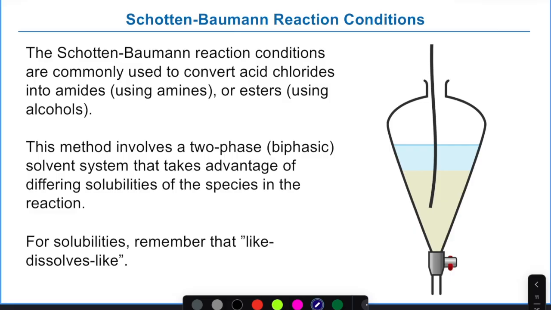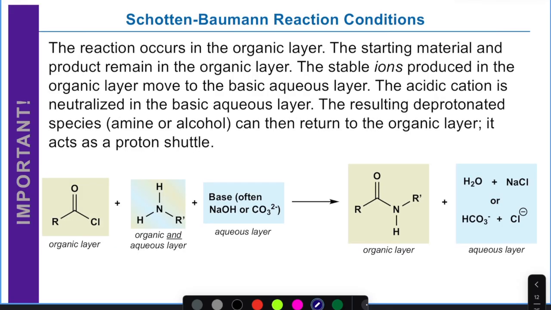Think about it this way too: I can set this up with 2 phases, an organic phase and an aqueous phase, and some of the molecules I'm running will partition differently. They'll dissolve better in the organic phase. Some will dissolve better in the aqueous phase. And if we look at the molecules we have for this type of reaction, this is the earliest way of doing peptide formation, using what is called Schotten-Baumann chemistry, using an